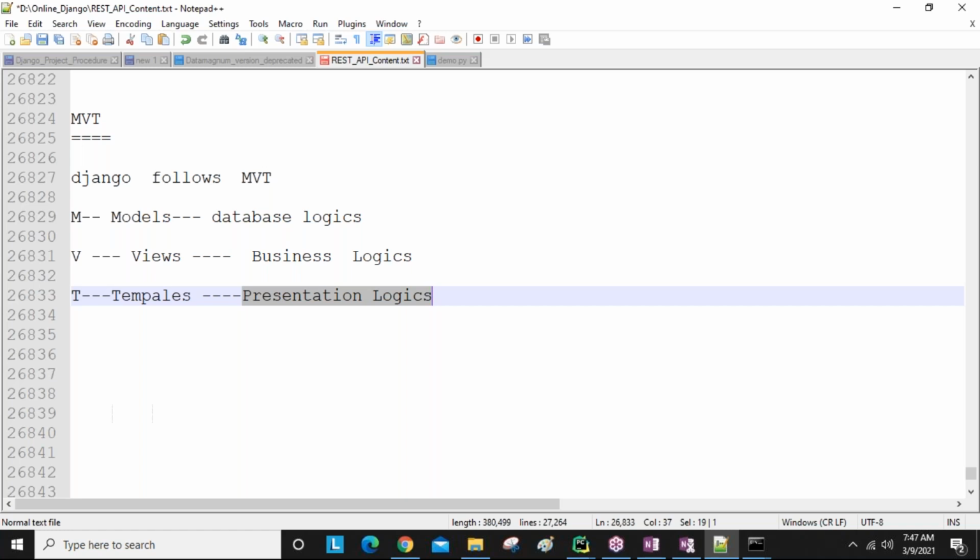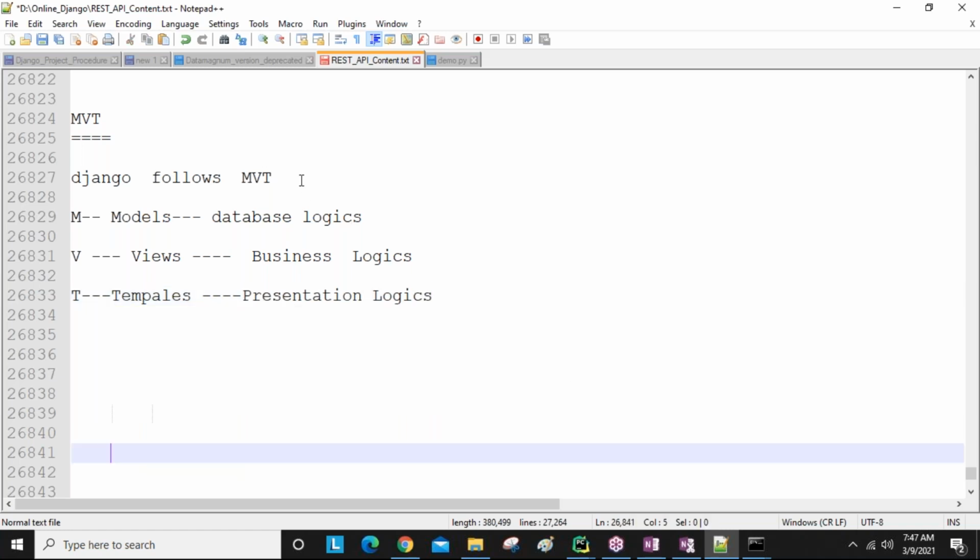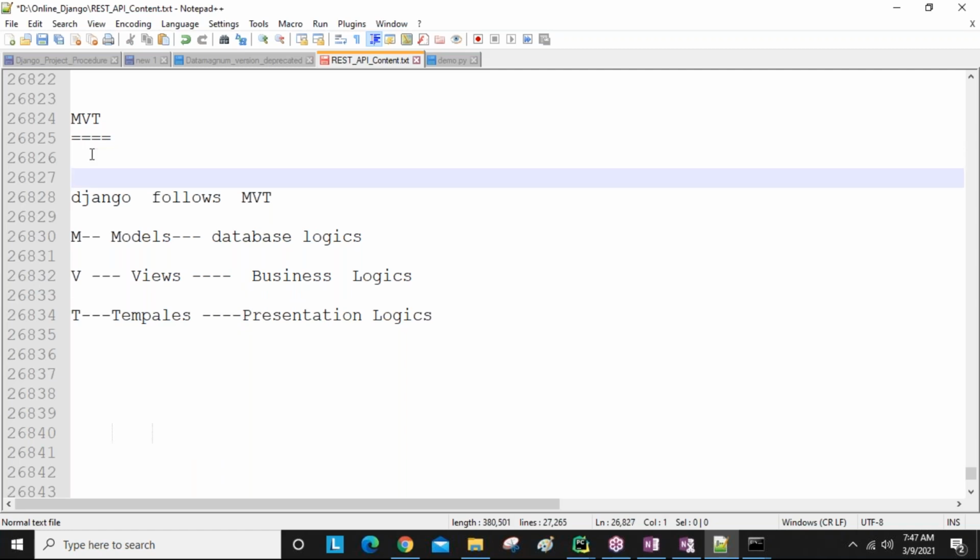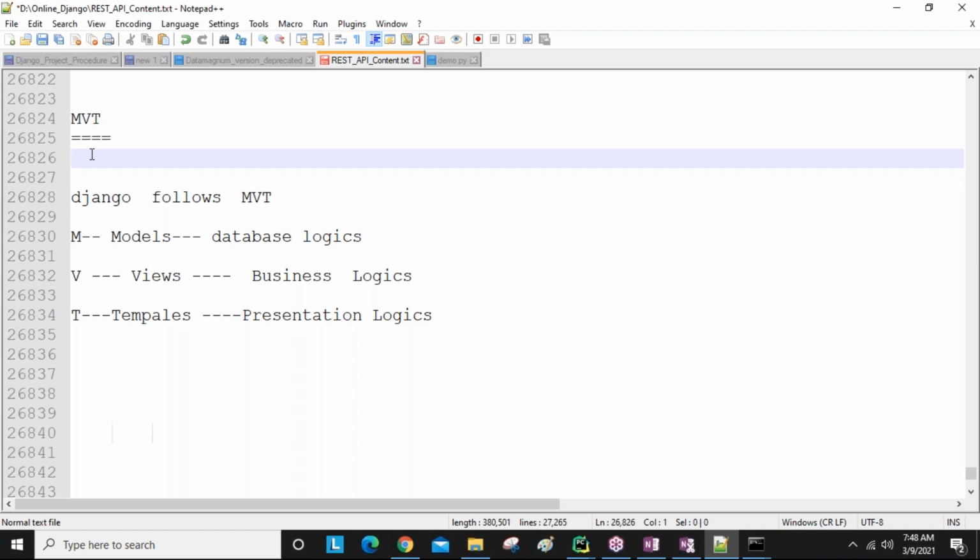Clear, guys? Yes. So next, some other languages, guys. Some other language related frameworks, like Java related frameworks, .NET related frameworks, follow the MVC architecture.